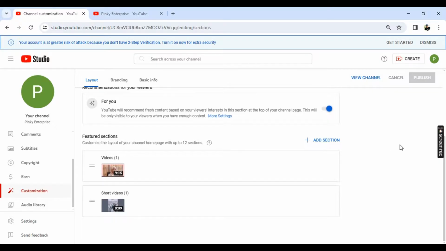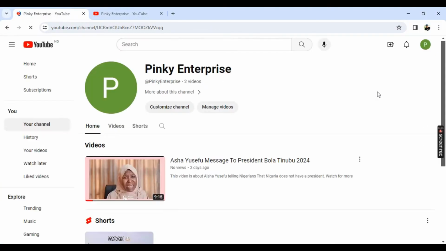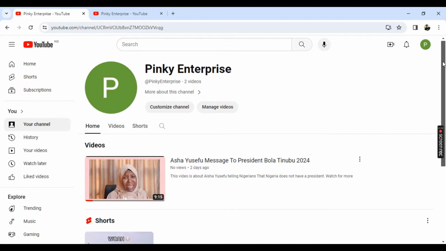Then, as we begin to round up this video, it's important for us to understand that YouTube also has the right to remove your video if you violate their policies. YouTube has policies, so if you violate YouTube's policy, they have the right to remove your video, which means your video will no longer be available on the home screen of your channel. Also,